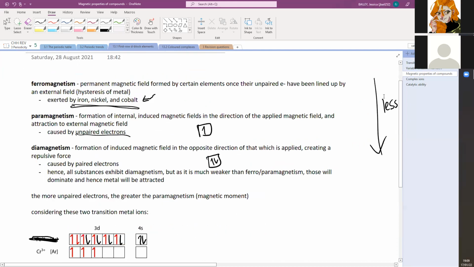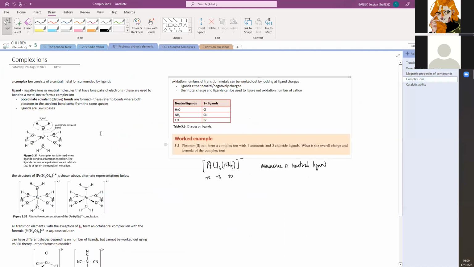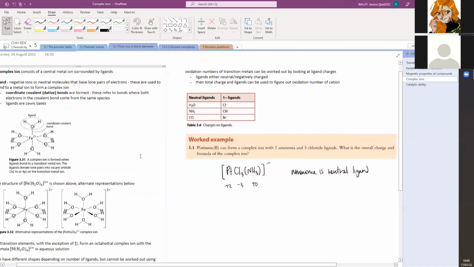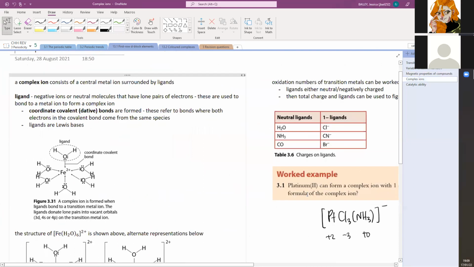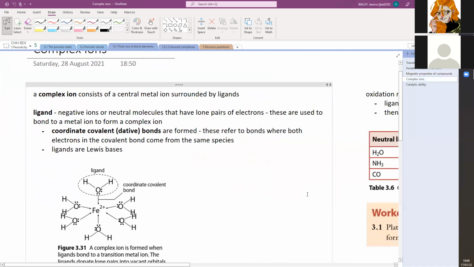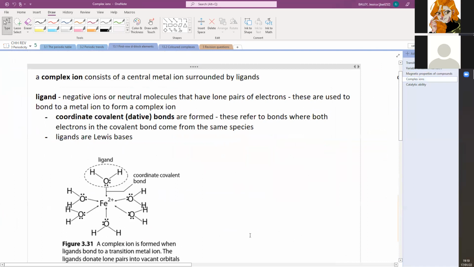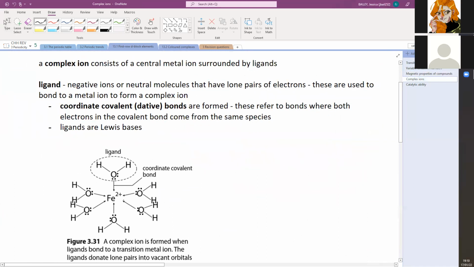All right, complex ions. This is what we were talking about with ligands and things before. So a complex ion is a central metal ion that's surrounded by ligands. This typically occurs in water. So this is an example of if I put iron 2+ in water, the water ends up acting like a ligand. Now, if you remember back from topic 8,